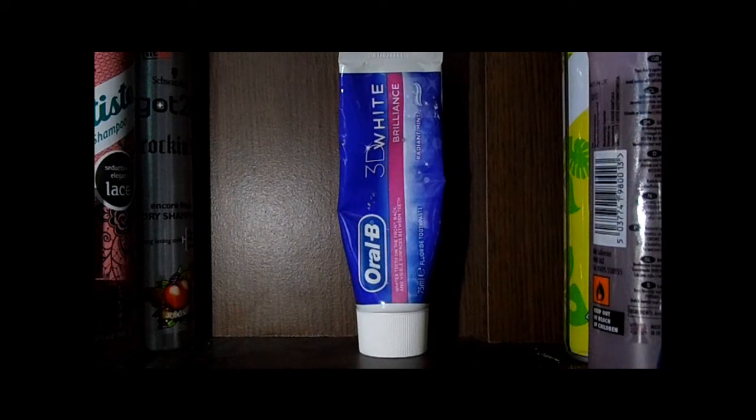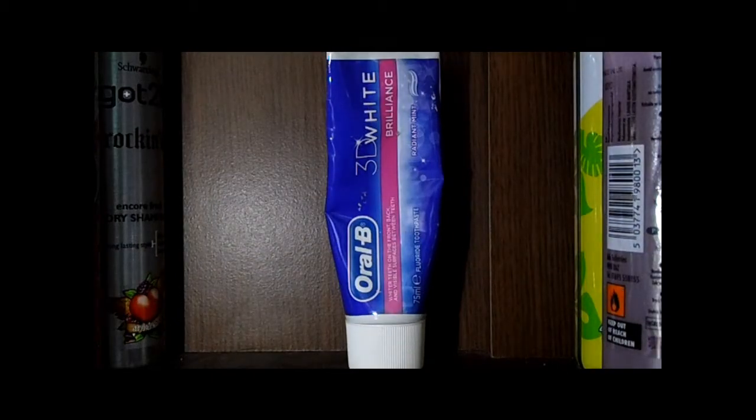Okay, so this is the last product. I am going to have to be quick because my memory card is about to run out of space. I love this, there's no cons, it smells great, it's really minty, it is widely available, and you can also buy it in one that protects the enamel as well, which could be a benefit if you have weak enamel. So overall I do love this product, and it's widely available, it does what it says,